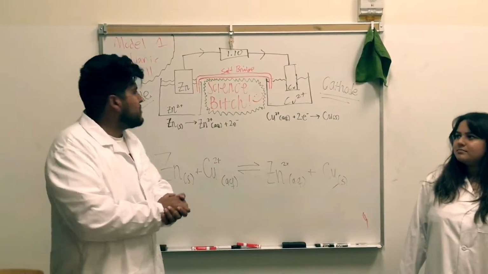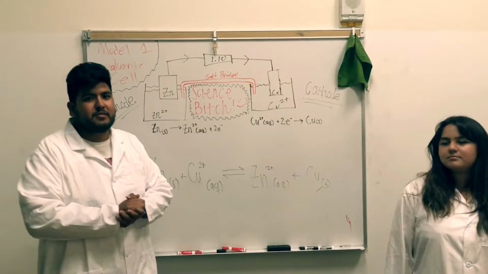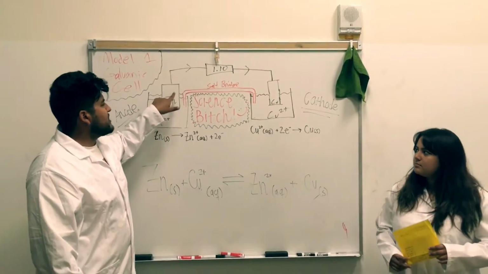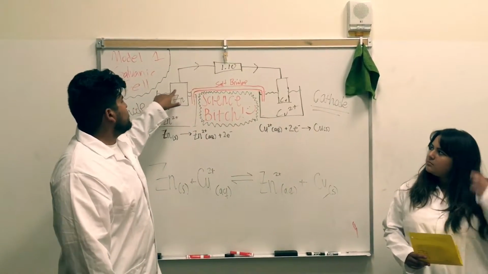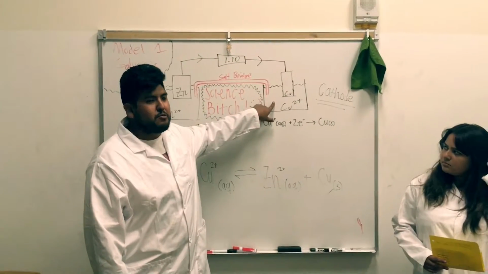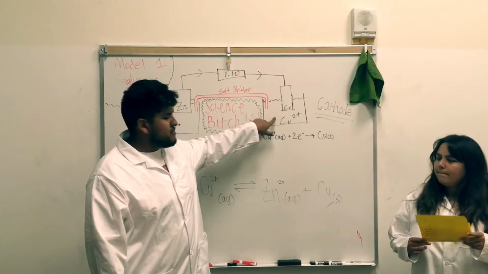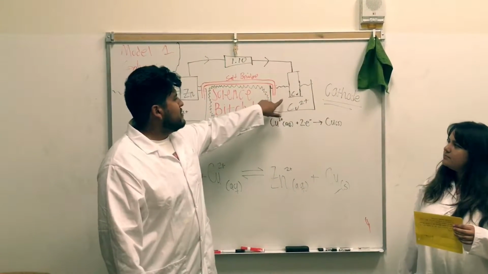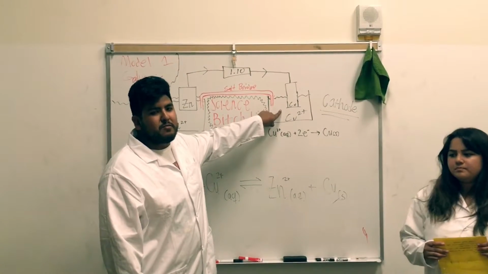So we're going to talk about galvanic cells. What happens in a galvanic cell is the transferring of electrons. In this case, electrons will flow from zinc towards copper 2. So zinc will lose 2 electrons because copper 2 is asking for 2 electrons. This means that copper 2 plus would be part of our